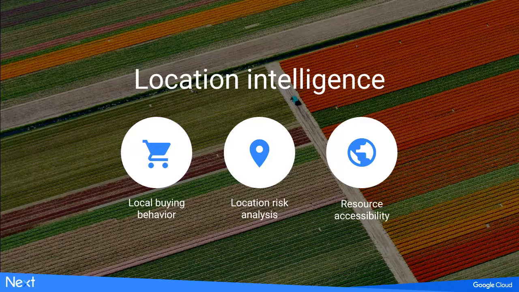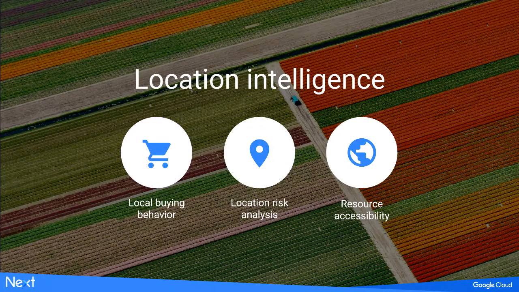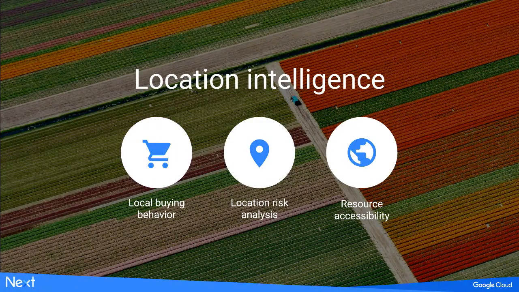Location intelligence. Show of hands, how many of you have been to some of the Geo sessions earlier today? All right, that's actually great, because this may be the first time you're seeing this. We've been talking a lot about location intelligence. Location intelligence is really just using location data, both point data and context data, to draw insights into the physical world around you and how it's laid out, how it's changing, and how that relates to the business data